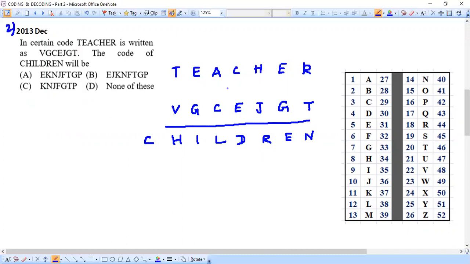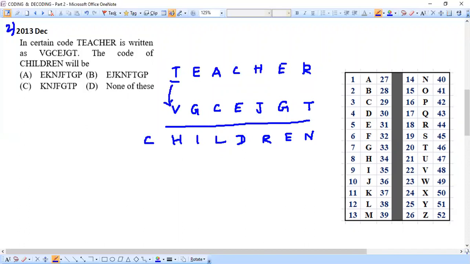And again, if we observe the usage of letters, whether they have used the same letters or different letters, it is very clear that they have used a different set of letters. Of course, some letters, like this E, are repeated here, but it may be some coincidence. The majority of the letters are a different set. So like the first question, we need to test with the pattern of how they traveled. Let's start from the first letter T.